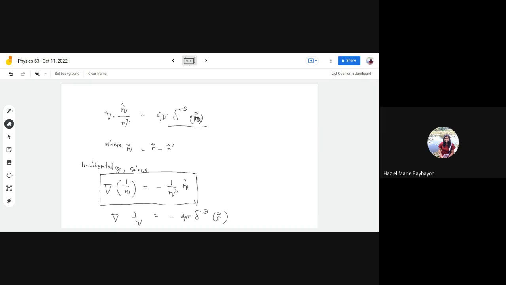This one, the gradient rather. Okay, so you have this one. The gradient of 1 over R is equal to the negative of 1 over R squared R hat. Now we know that the gradient of 1 over R squared R hat is equal to this one. So if we take the gradient of this function, if you get